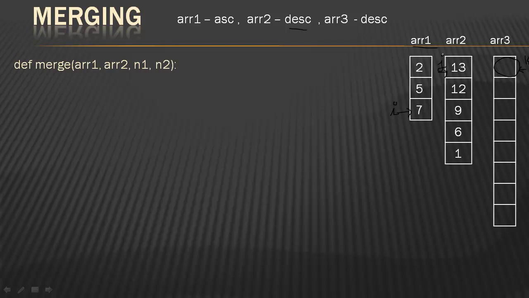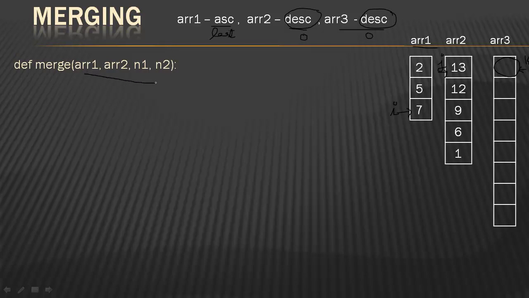I will tell you another trick. I said array 3's K will always be at 0. Now which order is this? Descending. Any other array with descending order, there also you will start that variable at index location 0. Now this was ascending order, so you start at the last location. Is that clear? So any array which has the same sorted form as that of the resultant array, those variables will always be placed at 0. Otherwise, for the other arrays you will be placing at length minus 1.